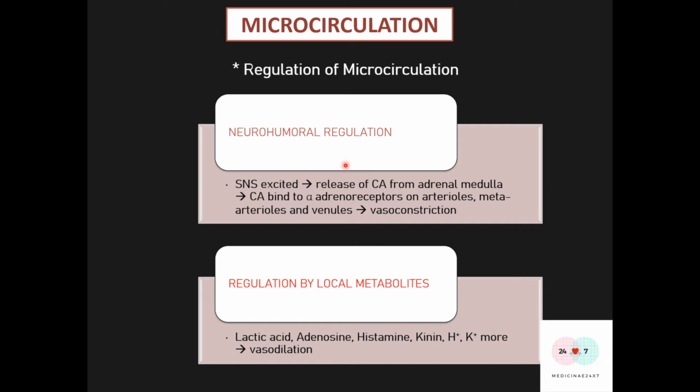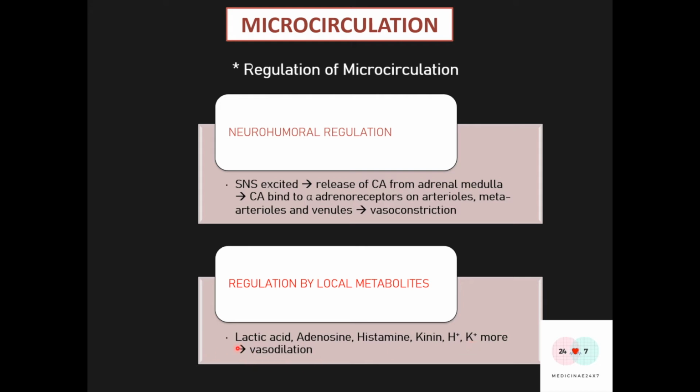Neurohumoral regulation is primarily maintained by the sympathetic nervous system, which releases catecholamines from the adrenal medulla, and catecholamines bind to the alpha adrenoreceptors on the arteriole, which leads to vasoconstriction. The regulation by metabolites is primarily brought about by lactic acid, adenosine, histamine, kinin, hydrogen, potassium ions, and other things,